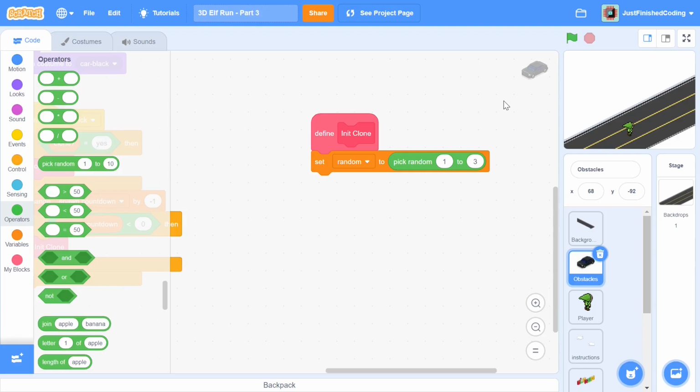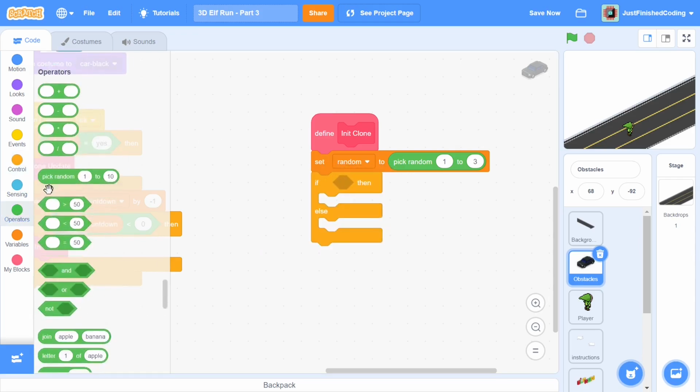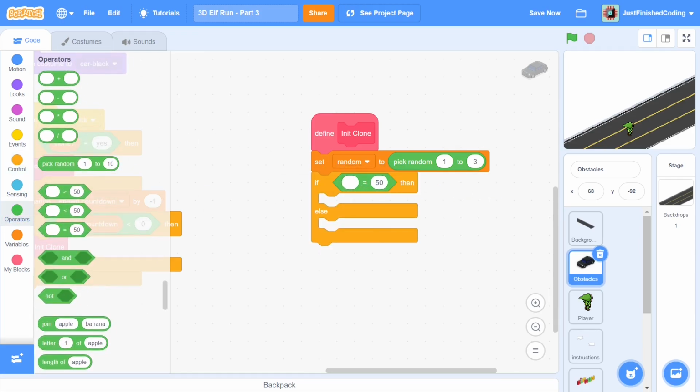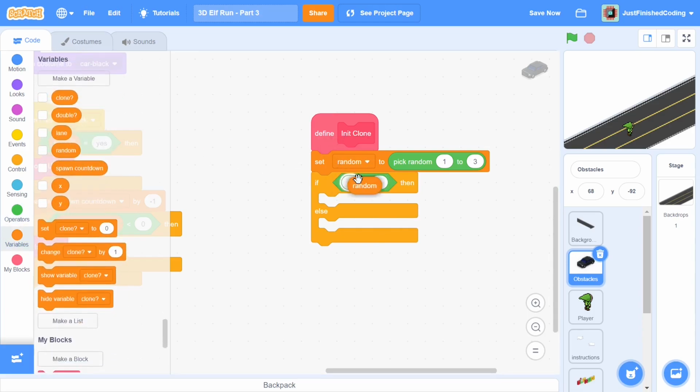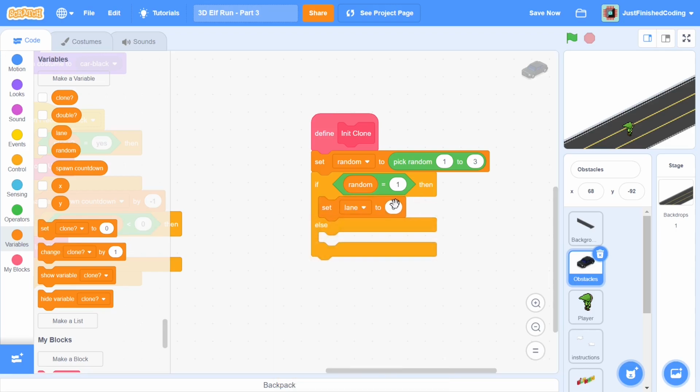But as of now, just remember that the lanes are completely different and try not to get confused with them. So now I'm going to enter into a couple of if else's. First I'm going to say if random is equal to 1. That's going to be the first case. And if random is equal to 1, then all I have to do is set the lane to be, I suppose I'll go with +1.